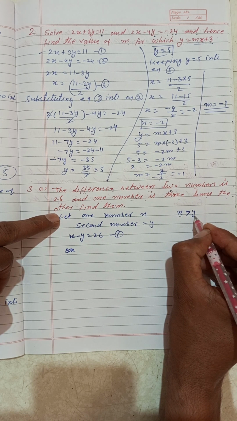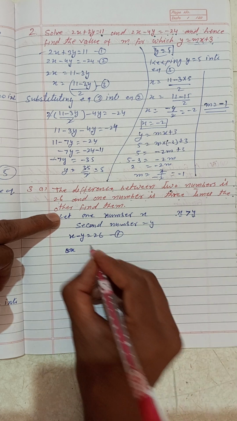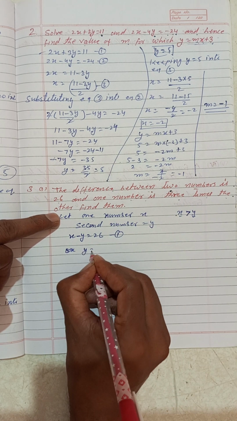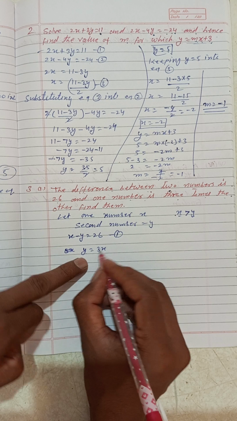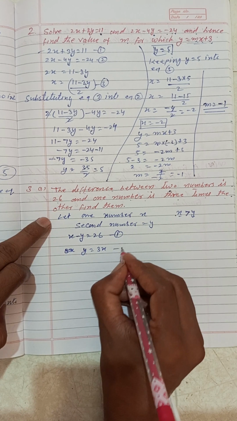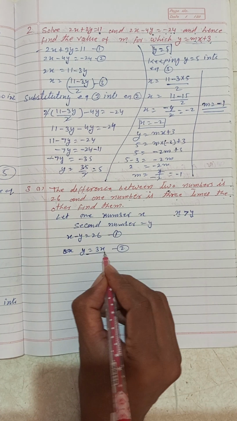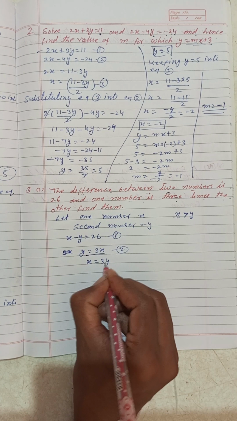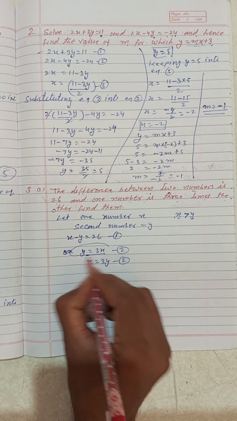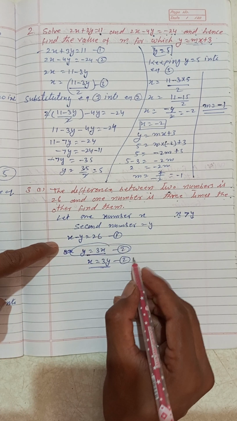If we make it equal, y is equal to 3x, because that number is greater. So this is equation number 2, which we thought of in that way. Now if y is greater, otherwise it can be x is equal to 3y, that would also be equation number 2. So you use this equation for that purpose. So we are keeping this x in equation number 1.